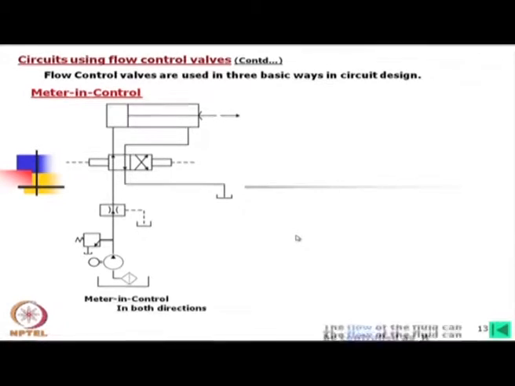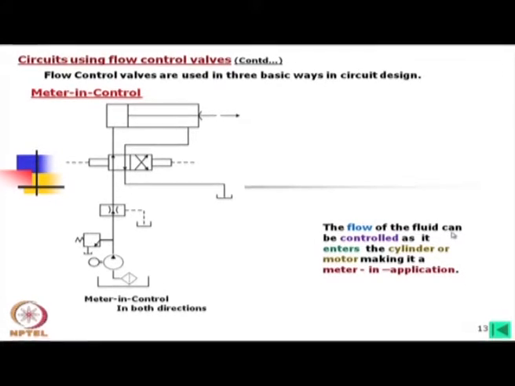Now, the flow of the fluid can be controlled as it enters the cylinder or motor, making it a meter in application. Example: operation of a grinding table or a welding table. That means when we are grinding, we need to control the speed while the grinding operation is being done,